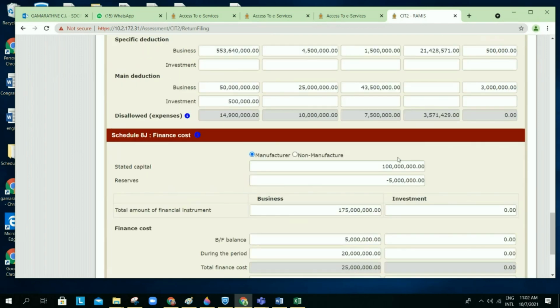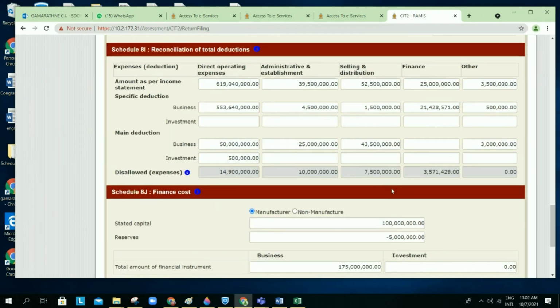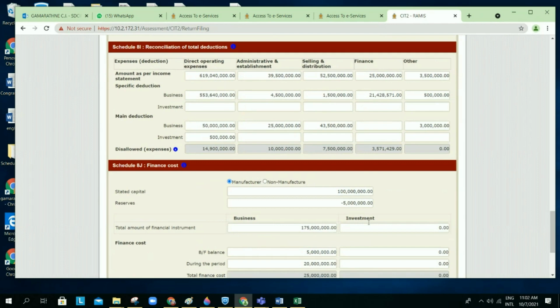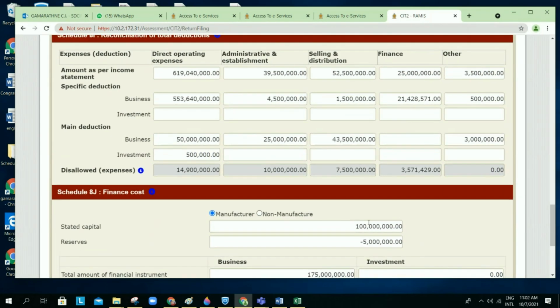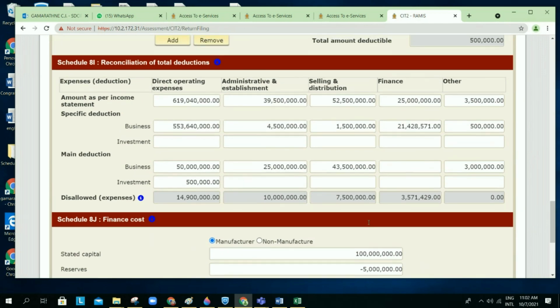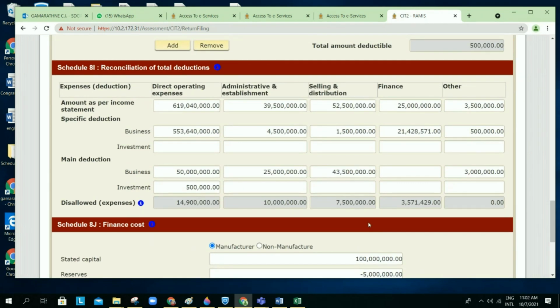Regarding the business, Schedule 8I has a comparison with the accounting expenses, right? Direct operating expenses, administration expenses, selling and distribution, finance cost, other. Likewise, we are going to do the comparisons with the accounts. Okay. Firstly, we enter the data from the accounts. Thereafter, we can identify the value we already identified under the specific deductions for tax